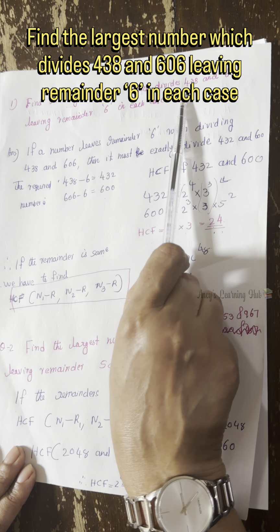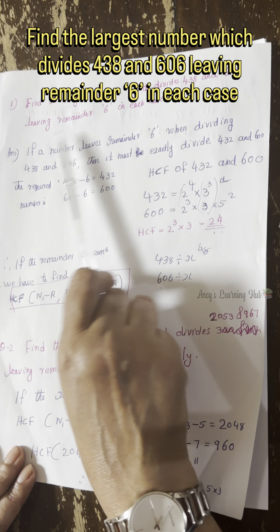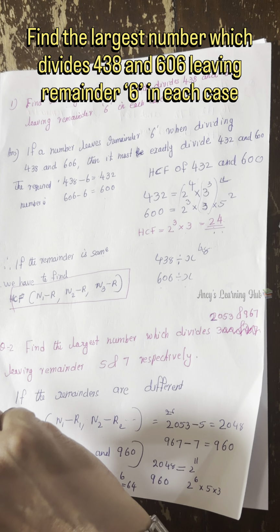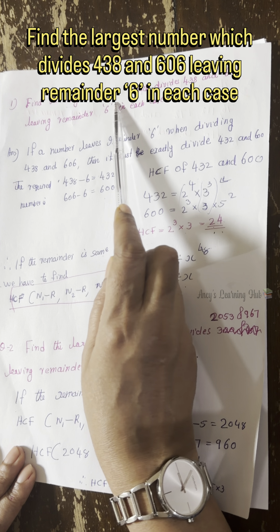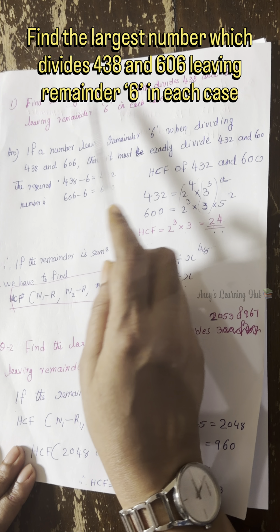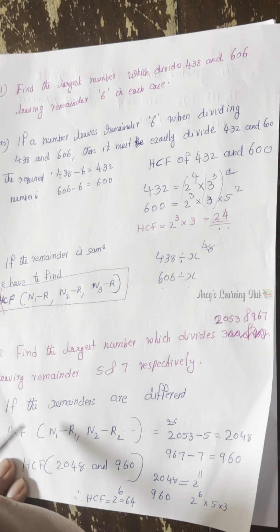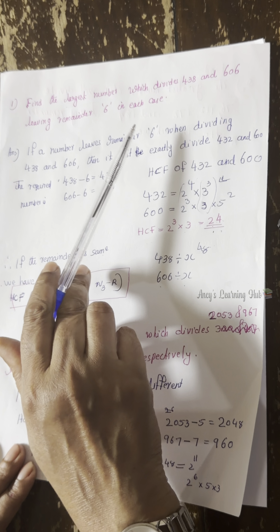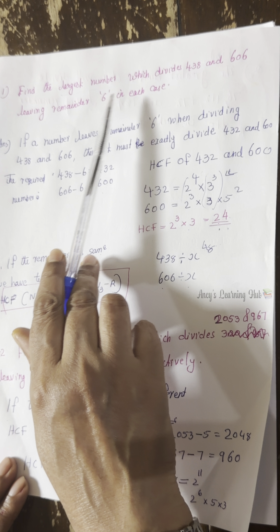So, in this question, how can you understand? We have to find the HCF. There is the word largest number. Normally that word largest number means we can use HCF, but the important thing you have to notice here is